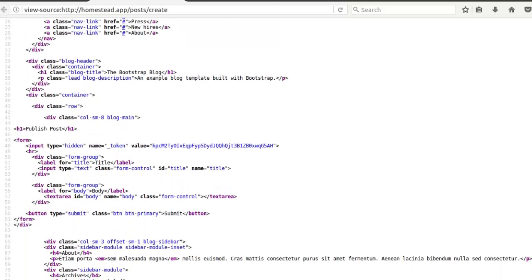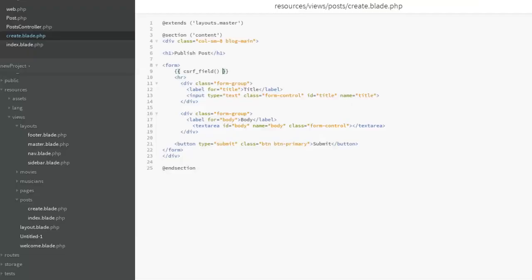Scroll down. You get to see the name. It's a hidden input type. You get to see the value and the token. This is actually unique to this particular session. So it's actually protecting the form from cross-site request forgery. So let's move on to the text editor, and we get to actually